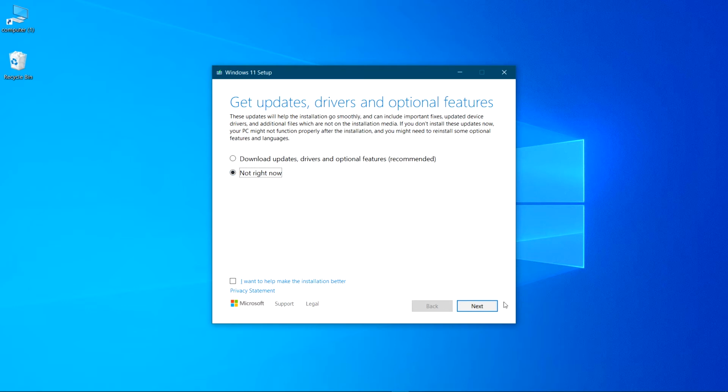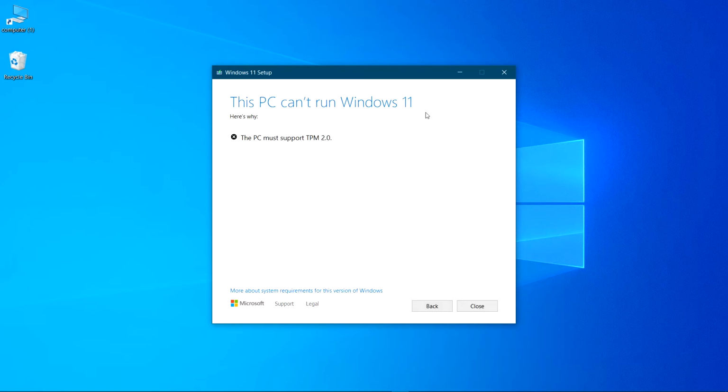Not right now. Next. This PC can't run Windows 11. If you have this problem,